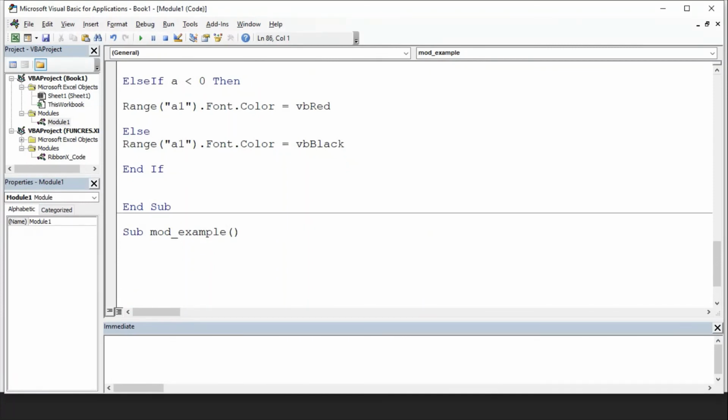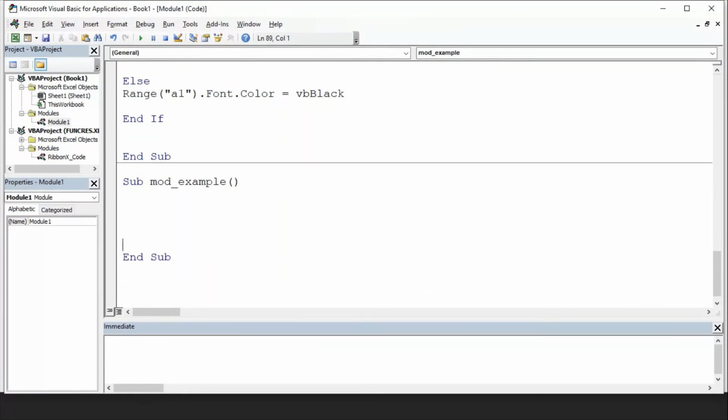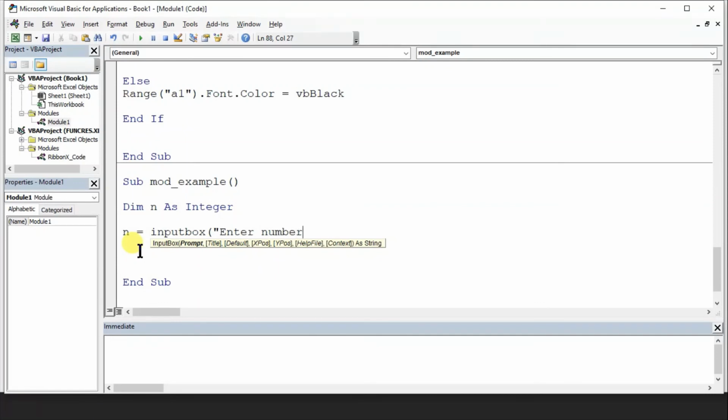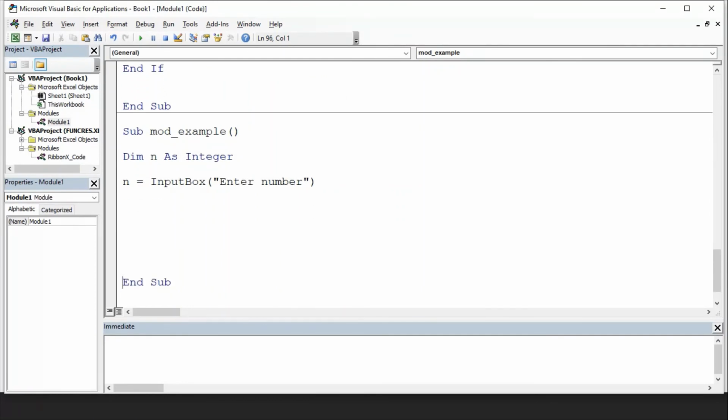In the last tutorial we talked about input box and message box. So now I'll use an input box and message box. I will not take the data from the Excel. So I say Dim n As Integer. I am asking the user to give me some number. So I say n equals InputBox, which we learned in the last example. Hope you have done the practice. "Enter number." So I have got the number in n.